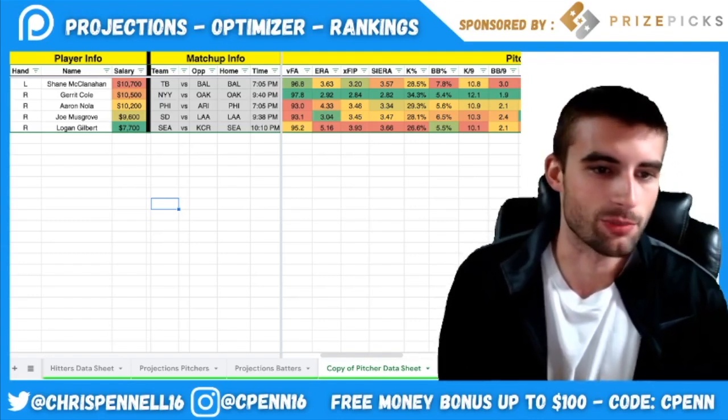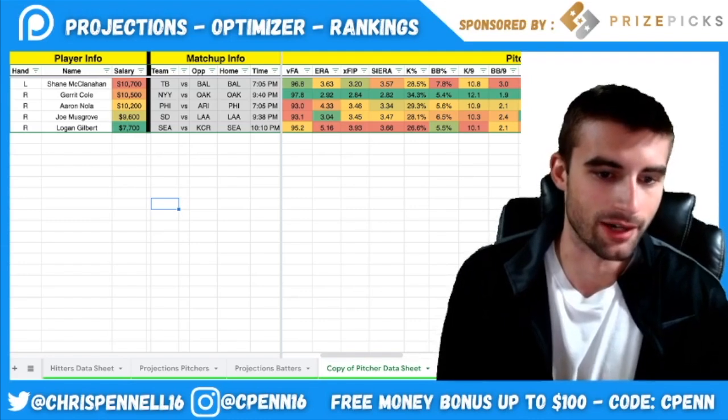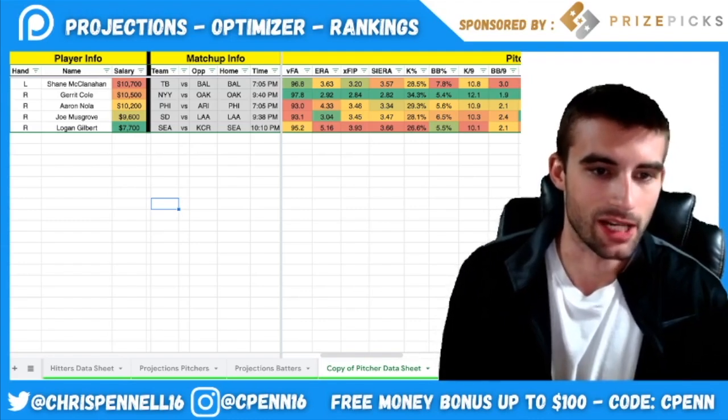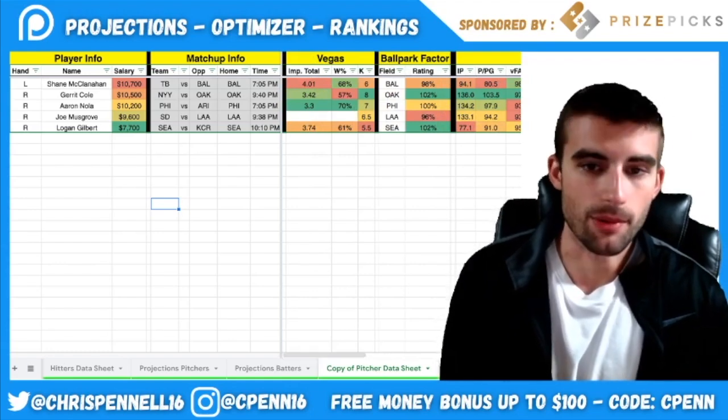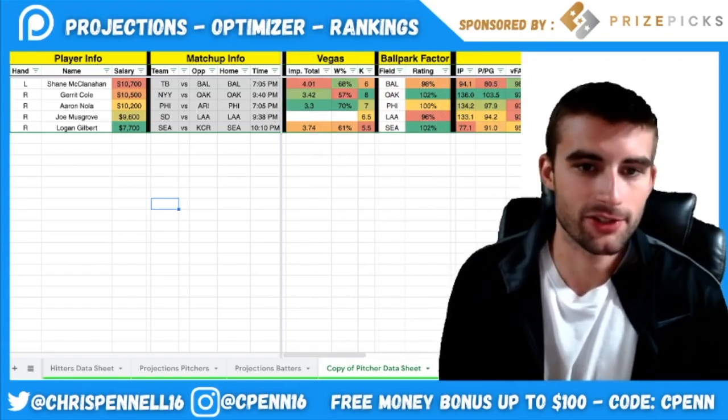They don't really possess too much power either, so at $7,700, I definitely think he's a good cheap option. And if you're going for expensive stacks today, he's probably the guy that can help you unlock those. But with that being said, I think that'll be pretty much it for pitching, so we'll move right over to